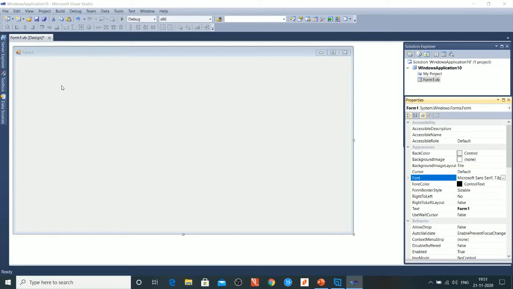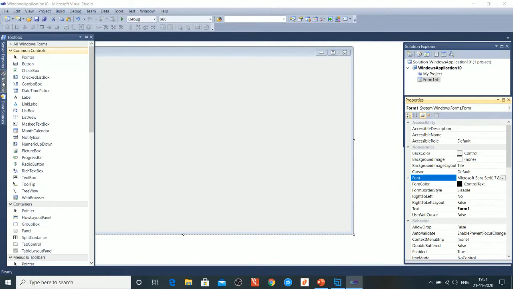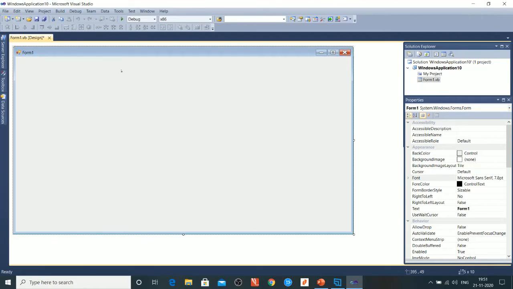Now I am going to do a simple example with the help of a text box control. For that I select a label control. Label control is used for displaying text or titles. It is used for identifying purposes. So I select the label control and place it. The default property for the label is text property.